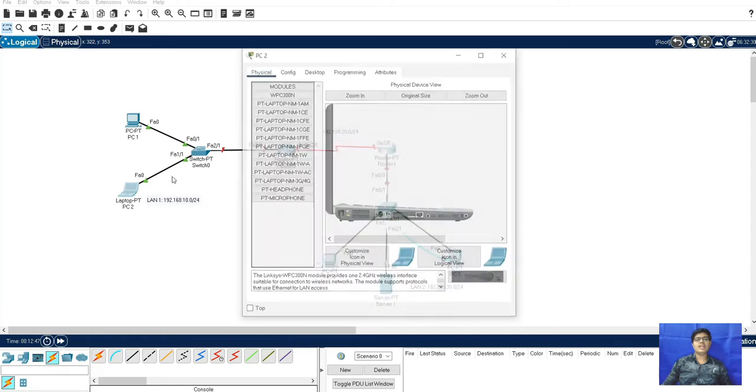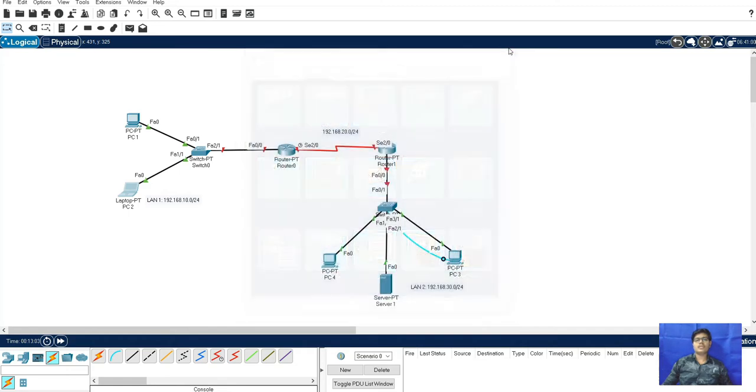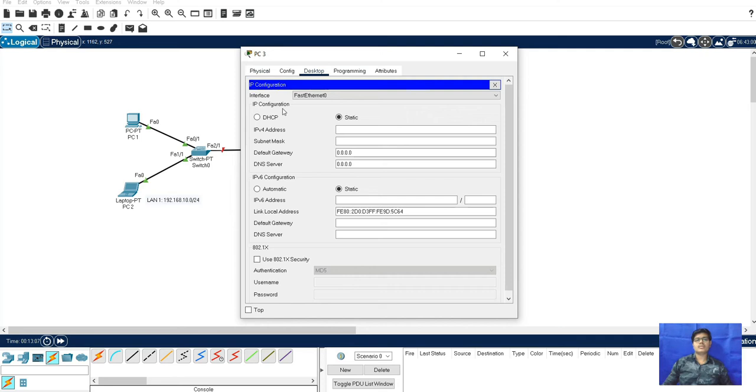Next, we will go in laptop desktop IP configuration: 192.168.10.3. Gateway 192.168.10.1. We will go here in PC3: 192.168.30.2, gateway 192.168.30.1.